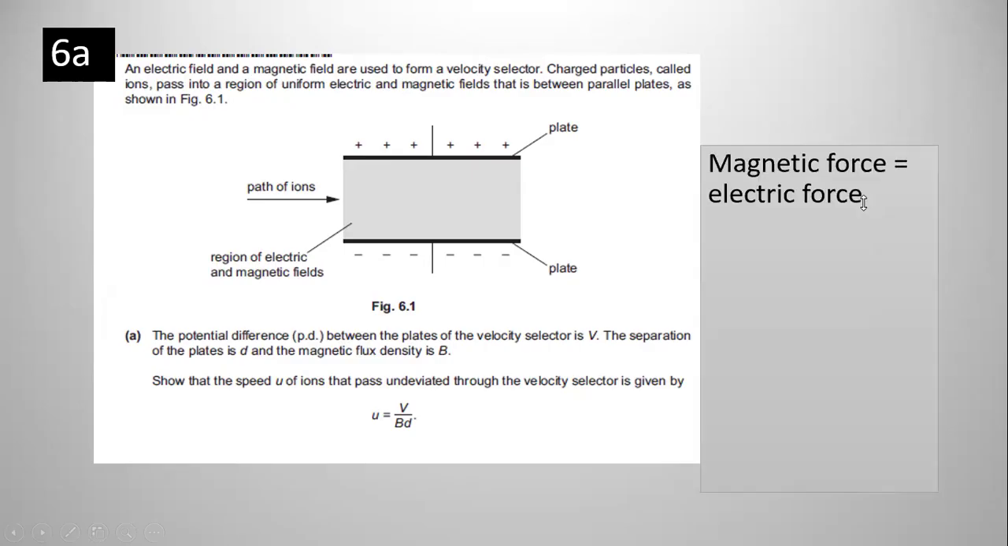Okay, so we just put magnetic force equals electric force. So magnetic force, Q is the charge on the ion. Q and Q cancel off. Then we replace E with V over D. And you take B down. Okay,